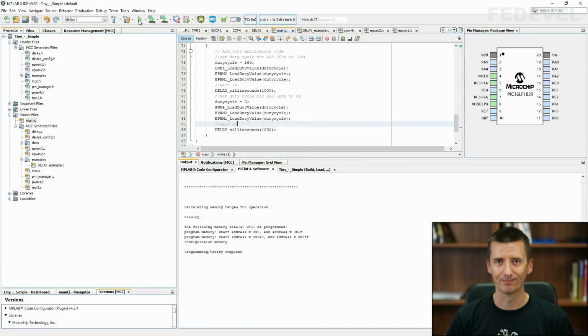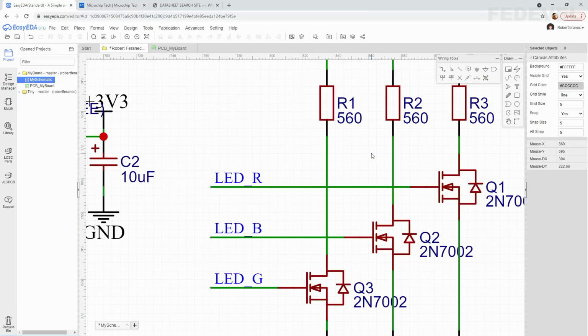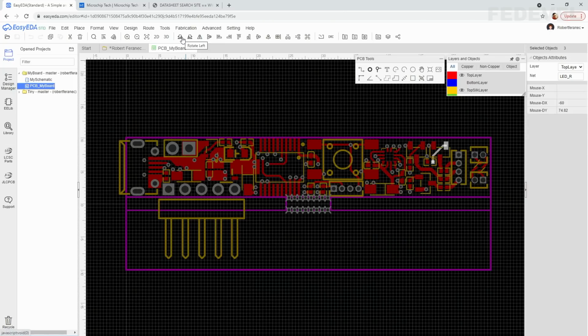Open the schematic, and we would like to measure, for example, this signal which controls the red LED. Select this signal, left click, go to Tools, Cross Probe, and let's see where this signal is on our board. Left click. Here it is.